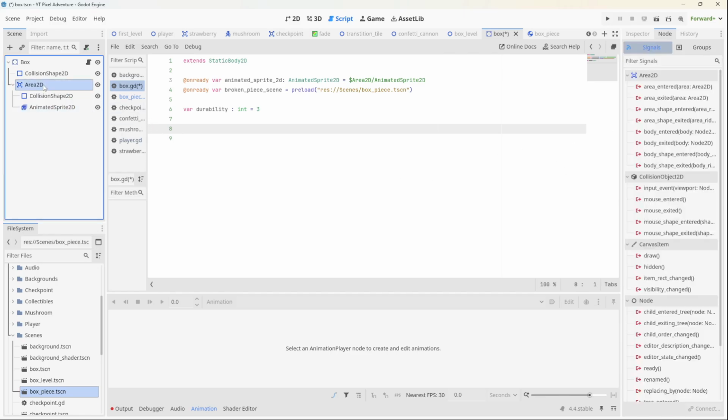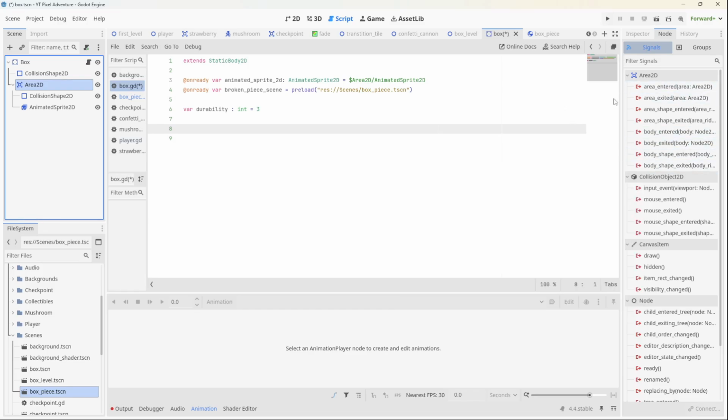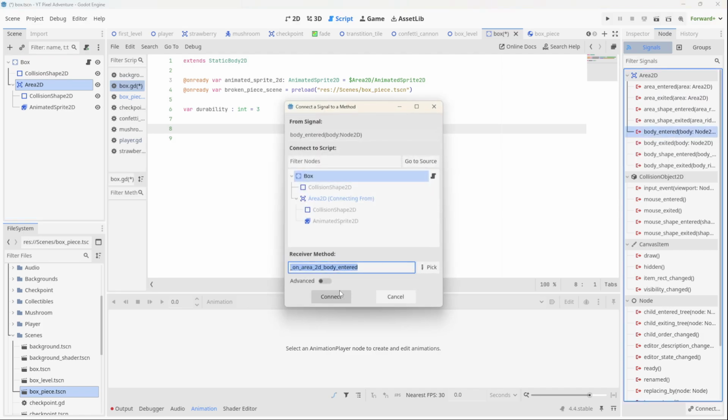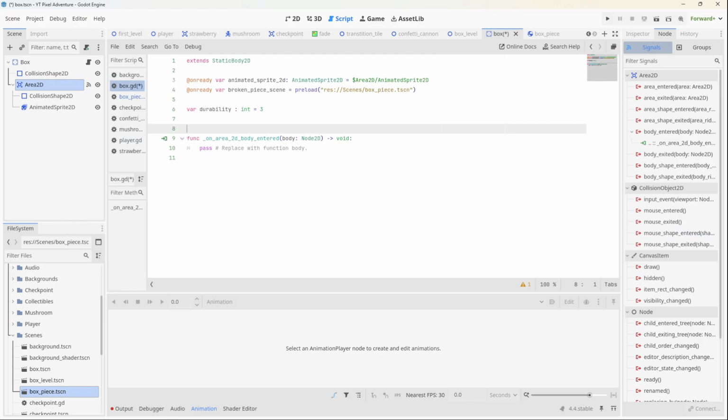Now let's go get this Area2D node and connect the body entered signal. There we are. Okay, so what are we going to do? When a body enters the scene, we want to check if the body is the player. And if it is the player, then we want to play the hit animation of the box and reduce the durability. So to check if it's the player, we'll say if